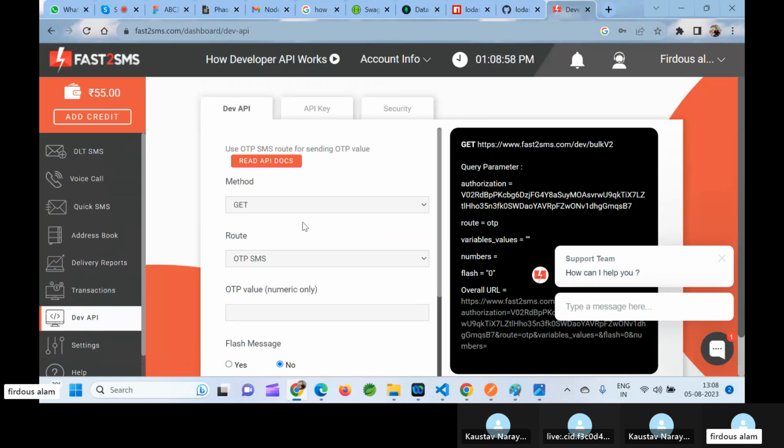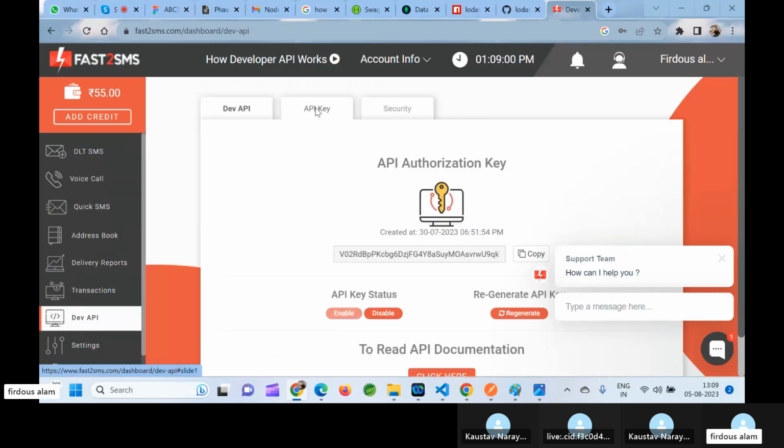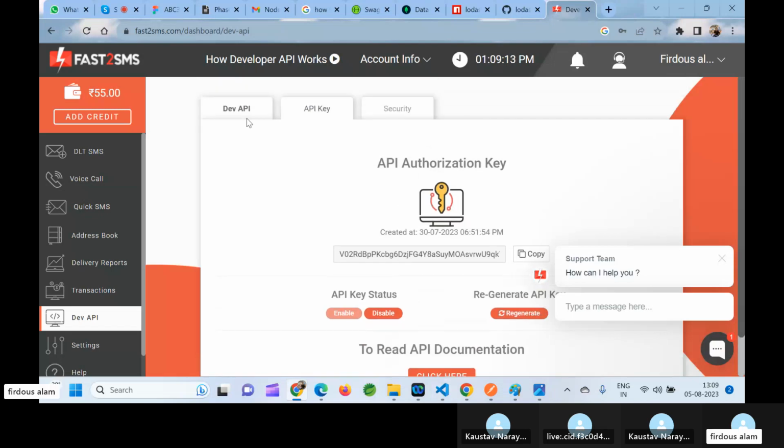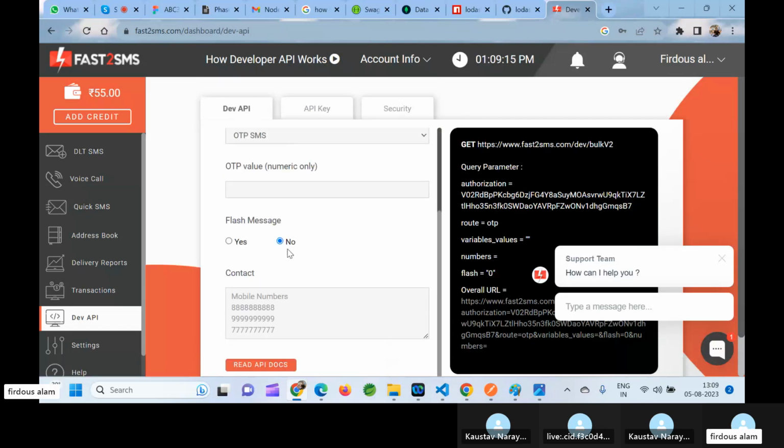When you go there, you can get different details like the API keys, right? For my case, it is this. For your case, it might be different. So we have to copy this, and then they will provide you some kind of API for how we can send